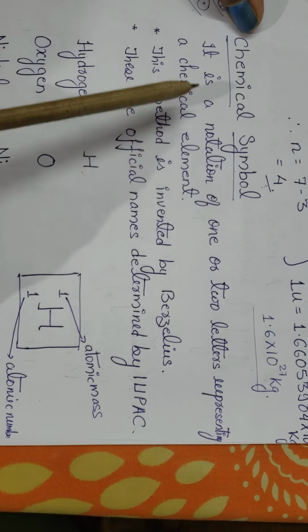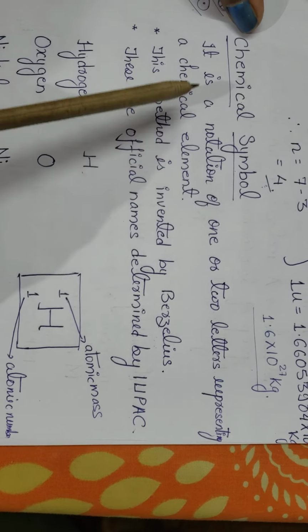Even in the case of nitrogen, atomicity is 2. Oxygen also is 2. Ozone is another form in which oxygen exists. It has 3 atoms of oxygen combined together, so it is called a triatomic molecule. Phosphorus has 4 atoms combined together, so it is called tetraatomic. Whenever a molecule has more than one atom, it is considered polyatomic. And polyatomic can again be divided into diatomic, triatomic, tetraatomic, pentaatomic, and so on.